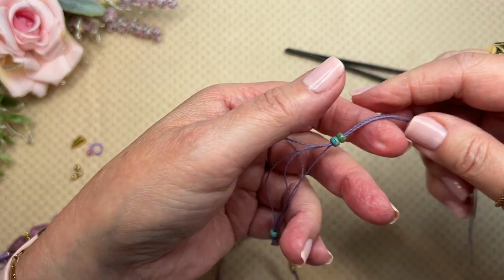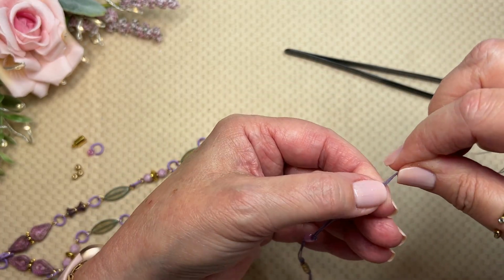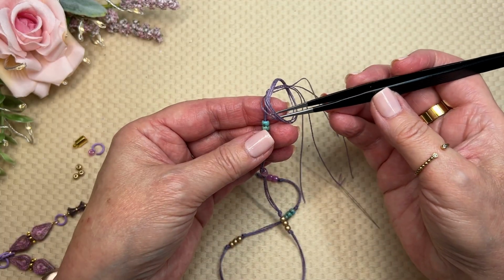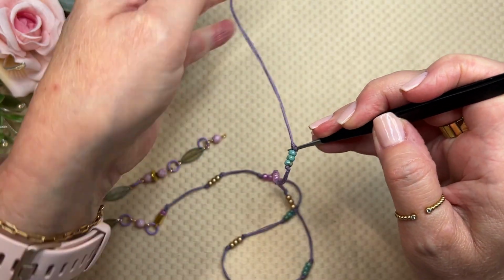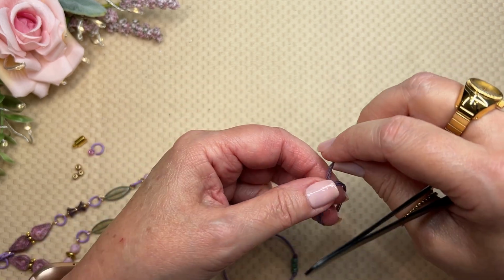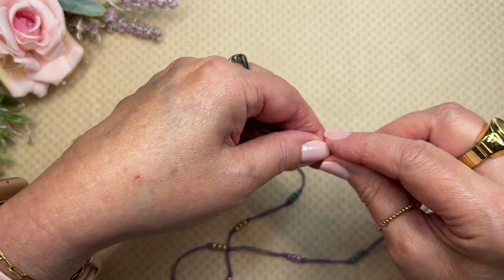So that's what I did, and just straighten out all your cords, make sure that this little section is nice and straight, and then just an overhand knot like I've been doing, and reach through that loop with the tweezers, get a hold of all 4 threads at the top of the seed bead stack and pull. And so this will be my last bead station. So I'm going to do my last overhand knot. So there's that, and here now my last 3. I am finishing with 3 gold seed beads